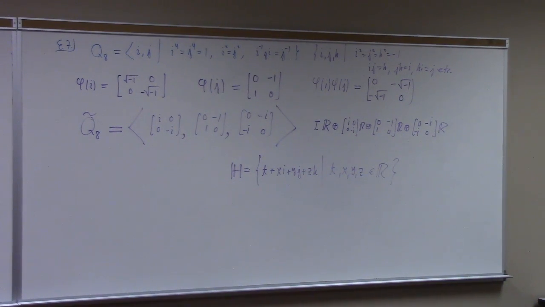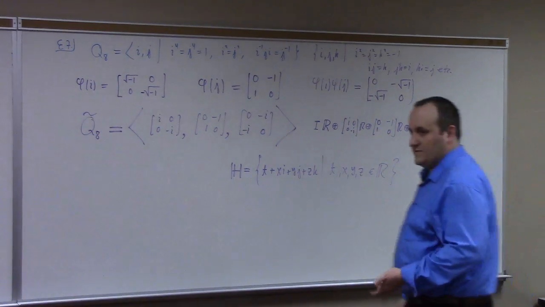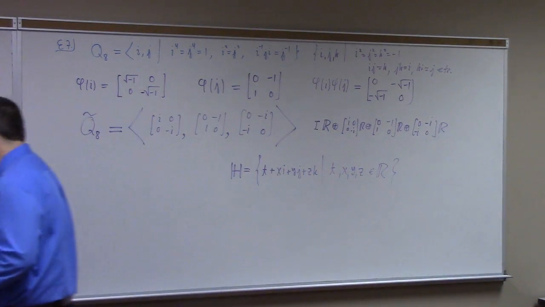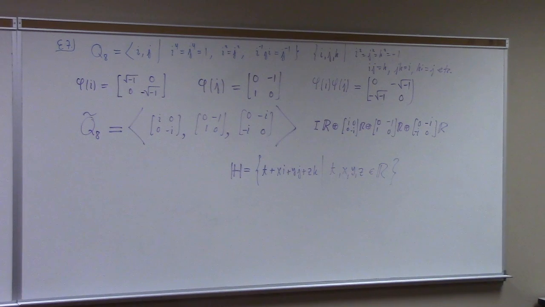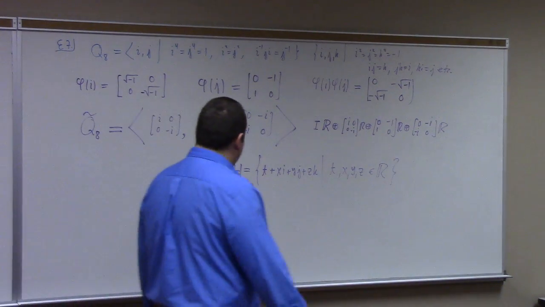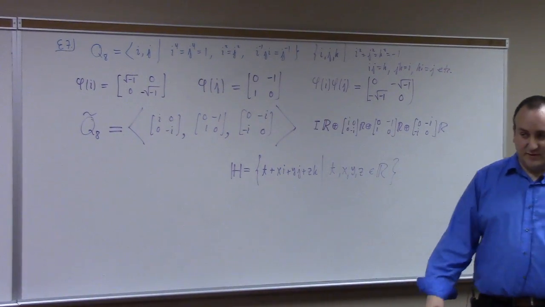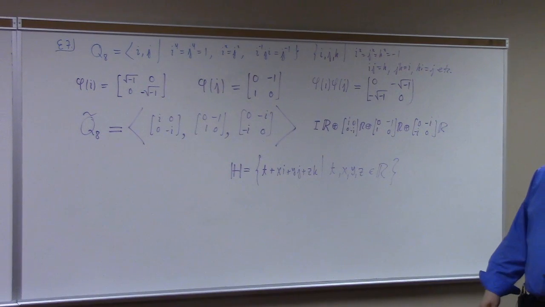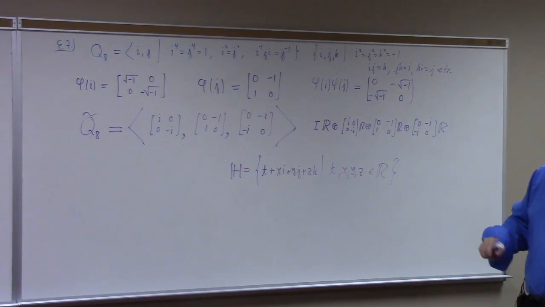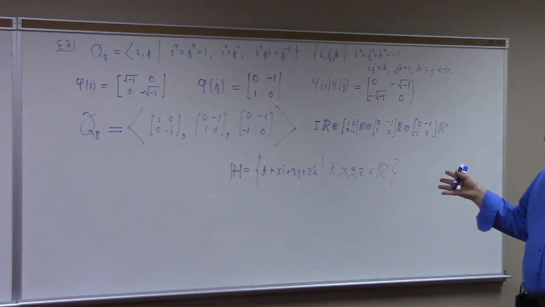I believe it's a subgroup of the group of units. How big is the group of units for the quaternions? Oh, I'm sorry. That's very big. Yeah, this is a skew field. Everything that's not 0 has a multiplicative inverse, so the group of units is just the non-zero quaternions. Here's a more interesting one: what is the group of quaternions